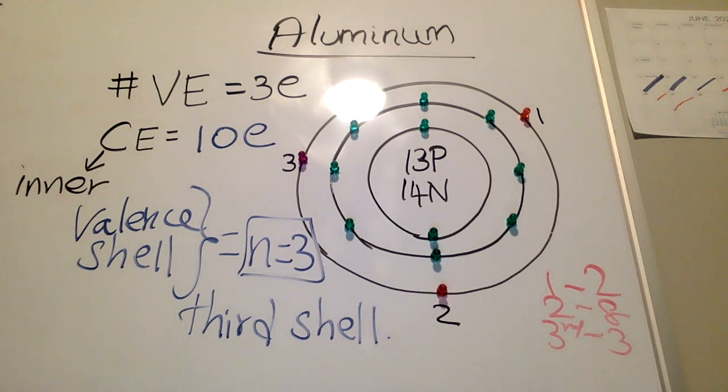Okay? And you have a pattern in the periodic table. Group 1 elements will have 1 valence electron. Group 2 will have 2 valence electron. And starting from 13, 3 valence electron. Group 14, 4 valence electron. Group 15, 5. Group 16, 6. Group 17, 7 valence electron. And finally, group 18. Other than helium, all the elements in group 18 has 8 valence electron. Helium has only 2 valence electron. I hope this helps.